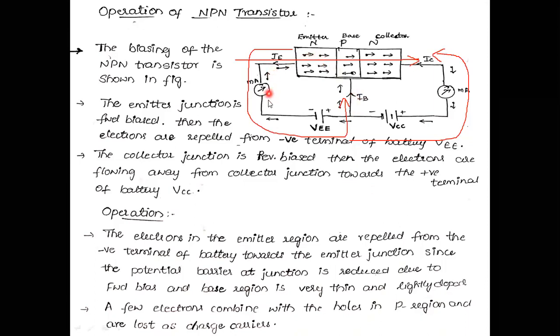This is the laid type of diagram. For biasing sake we are applying two voltage supplies, that is VEE and VCC, and in between, how much amount of current is flowing from the emitter side as well as the collector side, to know that, I am going to connect two ammeters here, in the range of milliamps, across the emitter side as well as the collector side. This is about PNP and NPN transistors.